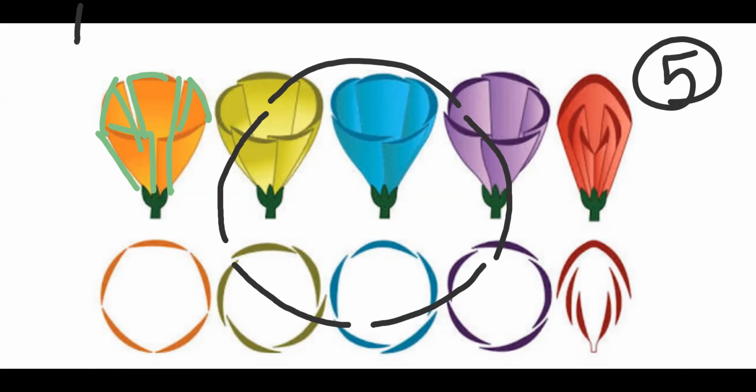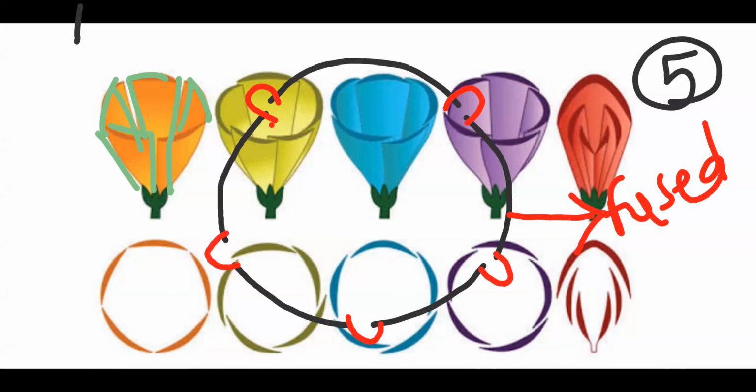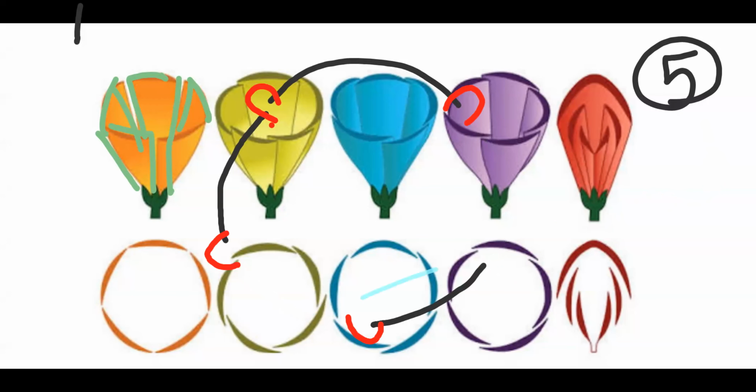But if we make this type of fusion, if we make structures like this, this indicates fusion. So now we can say that all sepals are fused with each other. That condition we call gamosepalous. Correct. One condition is polysepalous when fusion is absent. But when fusion is there, we call it the gamosepalous condition.